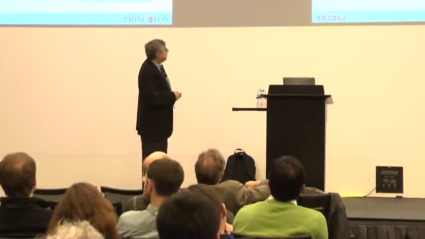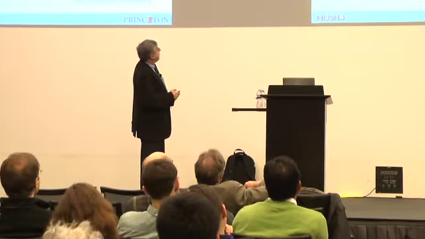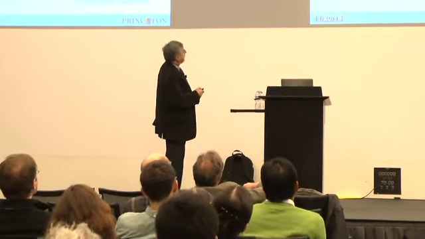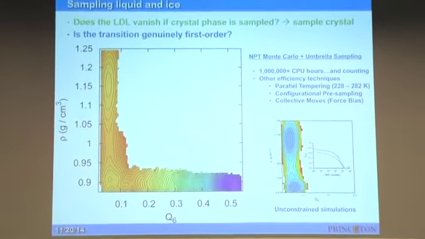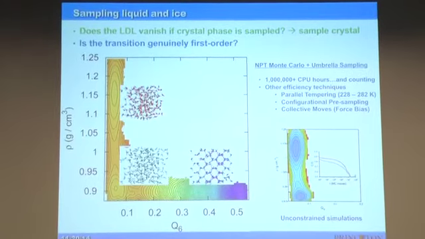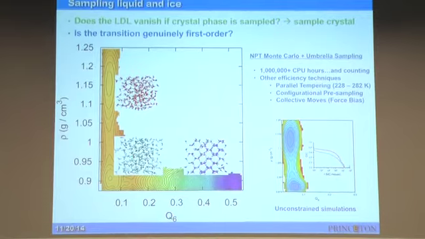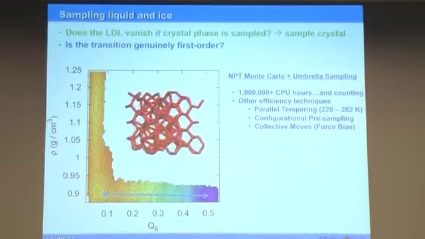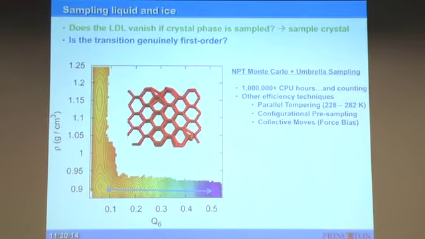we have a finite sample, and here we have the crystal, and this is the free energy surface, and we see that there are two basins that correspond to this high density and low density liquids, and these are snapshots of the corresponding structures. And one can see here, if one drives the transition from this low density liquid to the crystal, that one gets here is